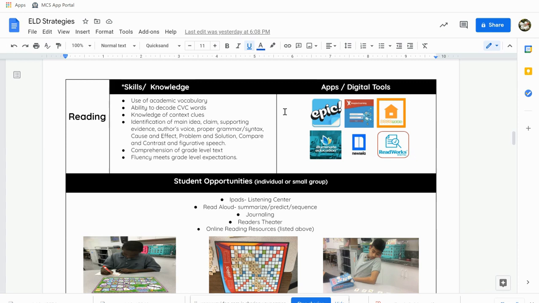They should be able to identify main idea, claim, supporting evidence, author's voice, proper grammar and syntax, cause and effect, problem and solution, compare and contrast, and figurative speech. That's all of the things I have discussed since the very beginning. Some beginning with images, some with them writing, some with them telling me, some with them creating some sort of